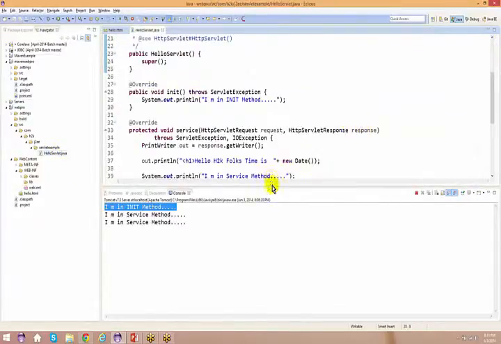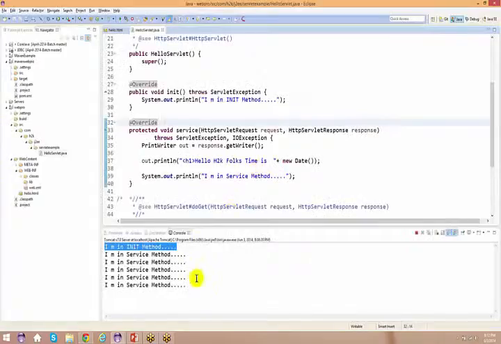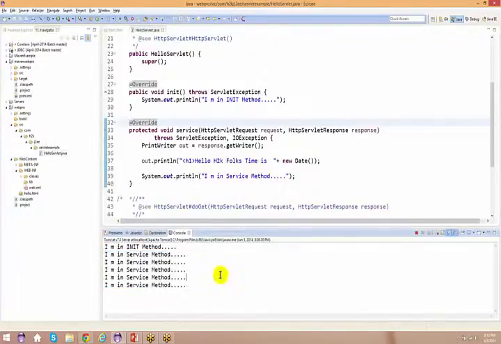Okay, so I have got my init method. Now as you know, I keep on saying that multiple times, even if you give a request out here, if I just say continue or keep refreshing this one, I'm just refreshing this page. The moment I refresh, every time the service method is going to get invoked, but only one time in the complete life cycle of a particular servlet, the init method is going to get invoked.